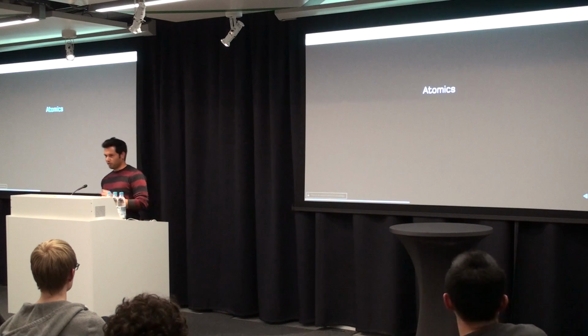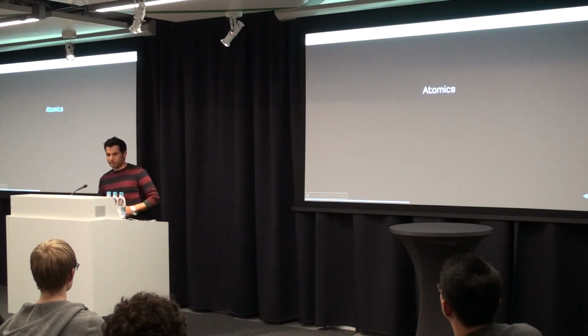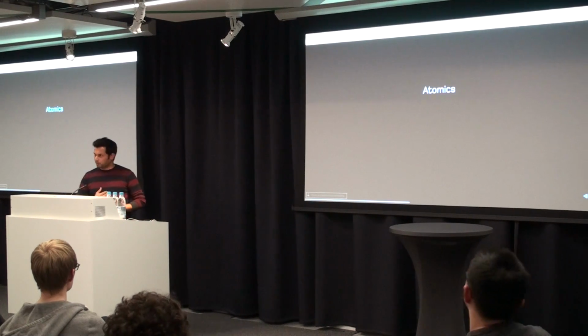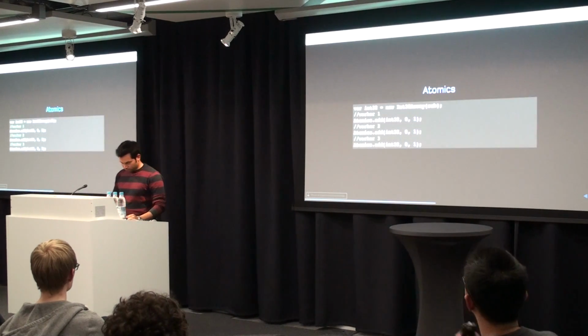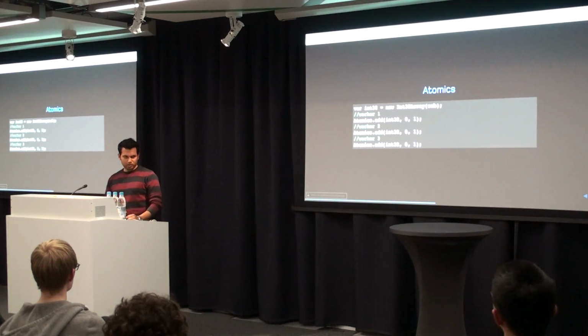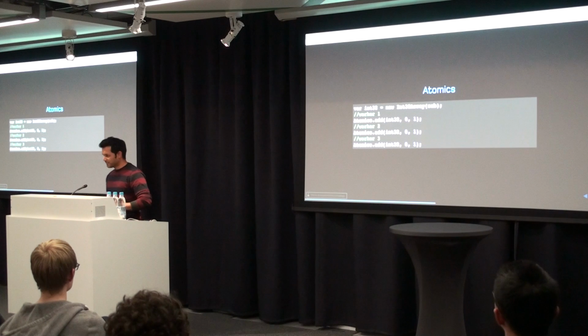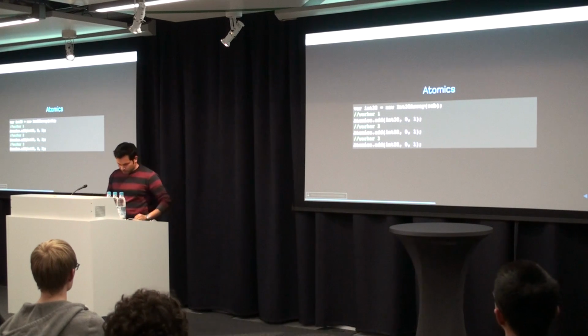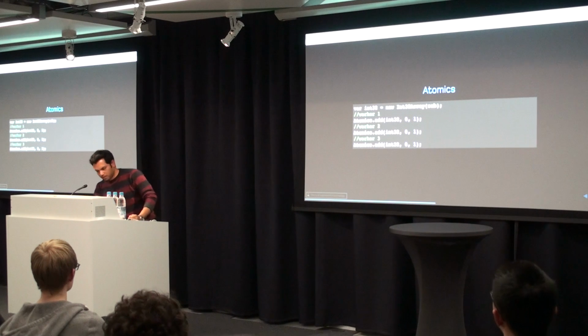You won't get an unpredictable result. When you combine multiple operations, you need a predictable result. Atomics only apply to integer arrays, so you cannot do float atomics. So it's like this: you create an integer array, and using Atomics you can add. So at the end, we surely get, for example, 3